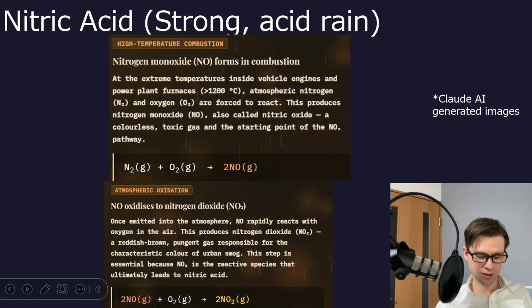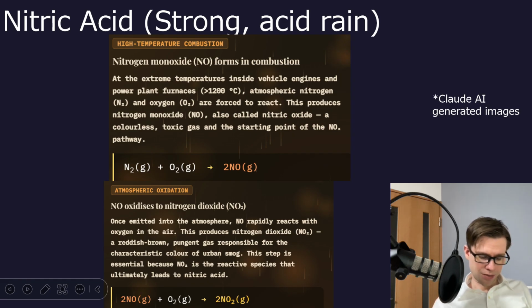But most of the time, if it's just dispersed into the atmosphere, then it's not really a concern. But if you're releasing it from millions of cars day after day, it does become a problem overall in the atmosphere. So next, atmospheric oxidation. NO oxidizes to nitrogen dioxide, NO2, just by coming into contact with O2 molecules. O2 is a medium strength oxidizer.